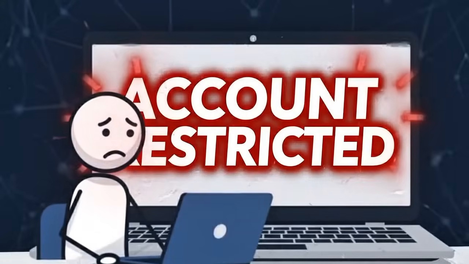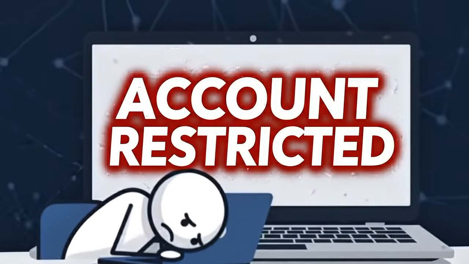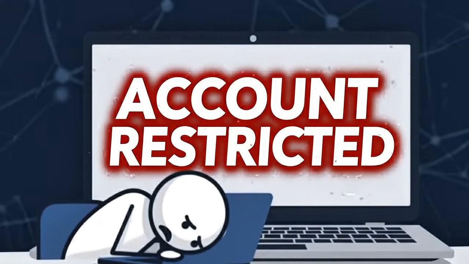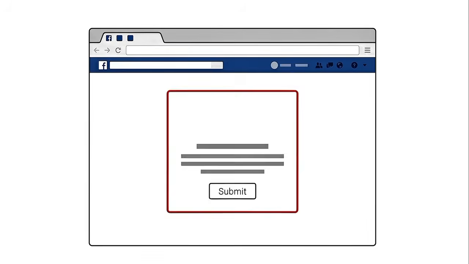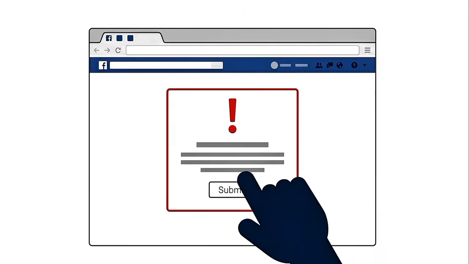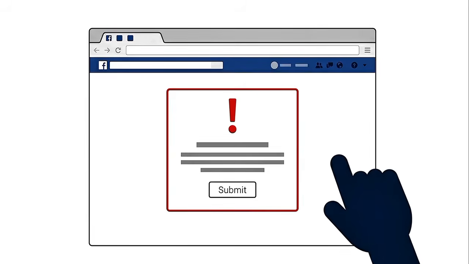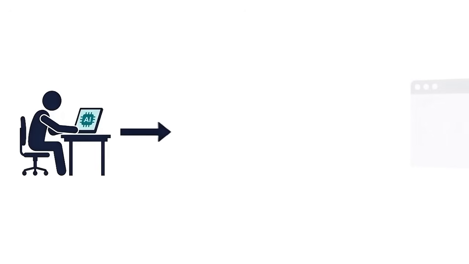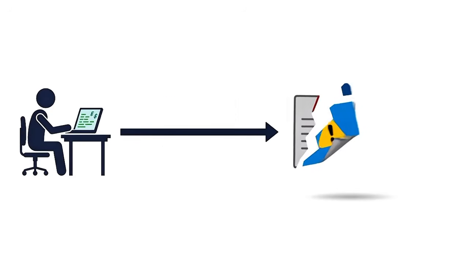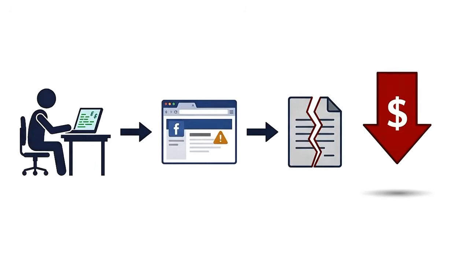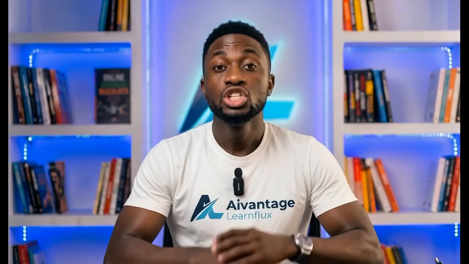It was the work that was attached to it, the client pages you were managing, the ad account running campaigns for a business that's paying you, the group you built, the leads in your inbox. All of it, locked behind a form that goes nowhere. I've spoken to AI freelancers and social media managers who lost client contracts because of this. Not because they did something wrong, not because they posted anything they shouldn't have, but because of one technical thing